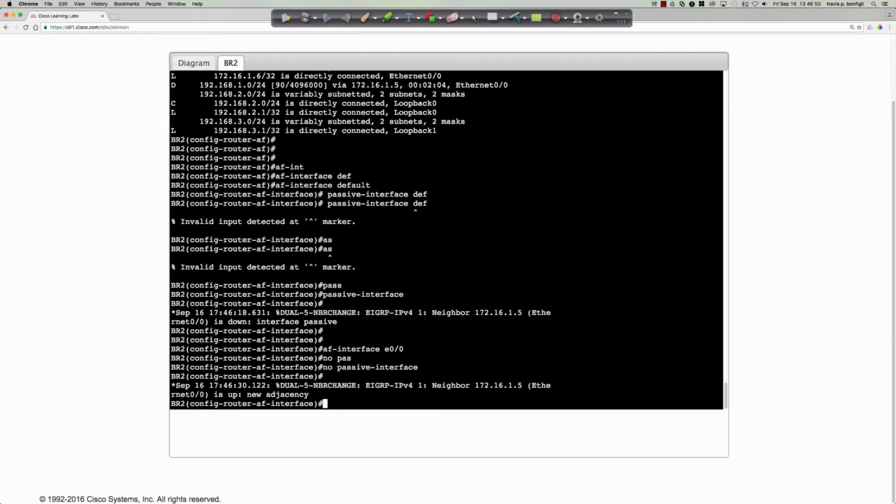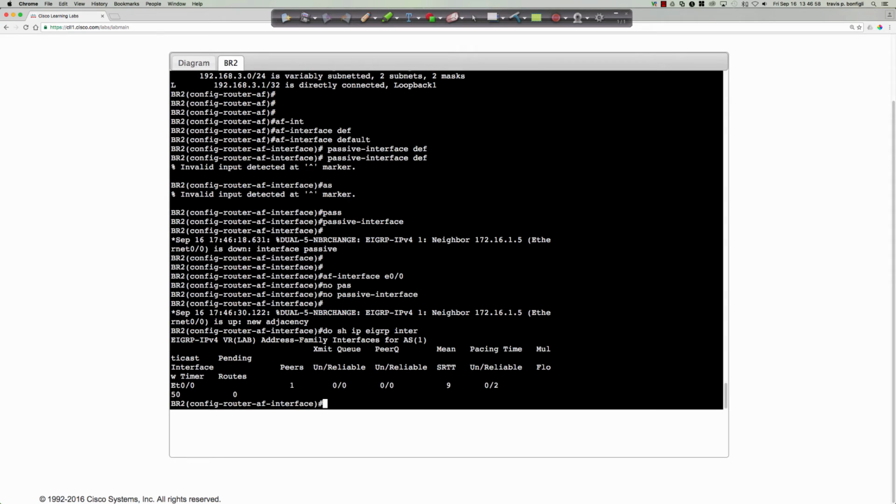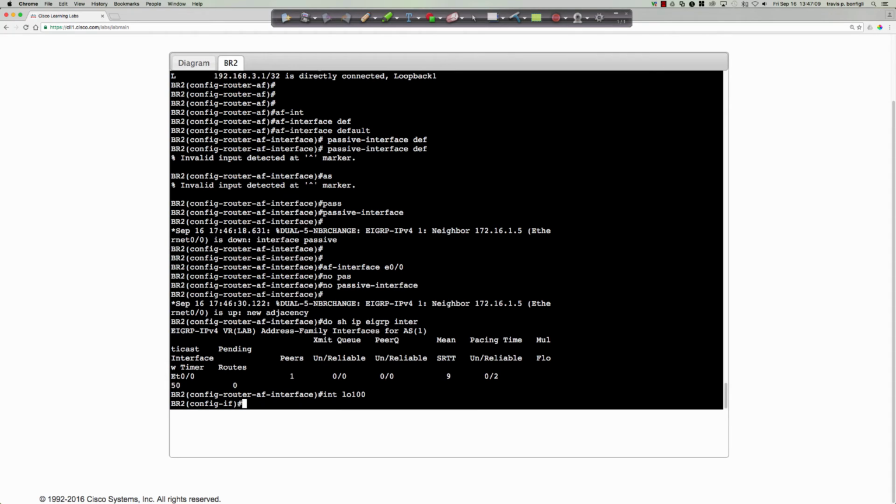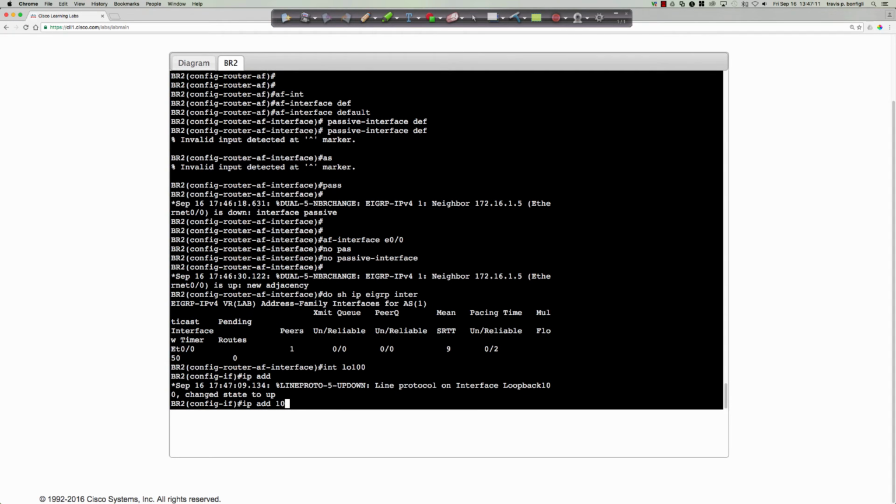Now, one of the commands that you're probably going to see that is always an interesting one is if I were to say do show IP EIGRP interfaces, we've got it, it's only running on the Ethernet 0/0 interface. Now, if I were to create interface loopback 100 and then say IP address 10.1.2.3 and we'll make it a /24